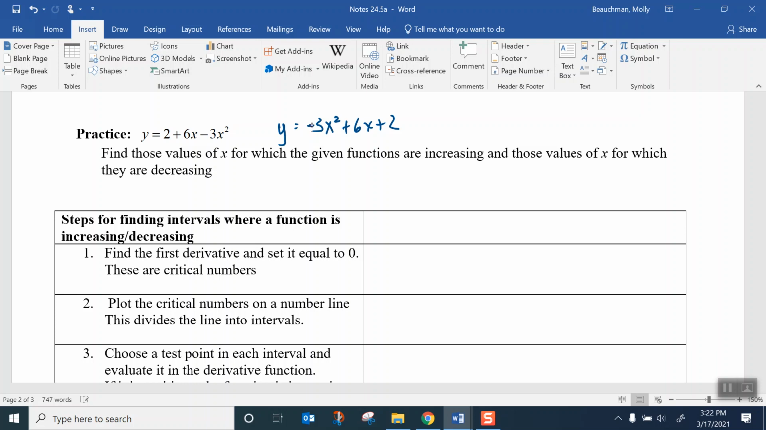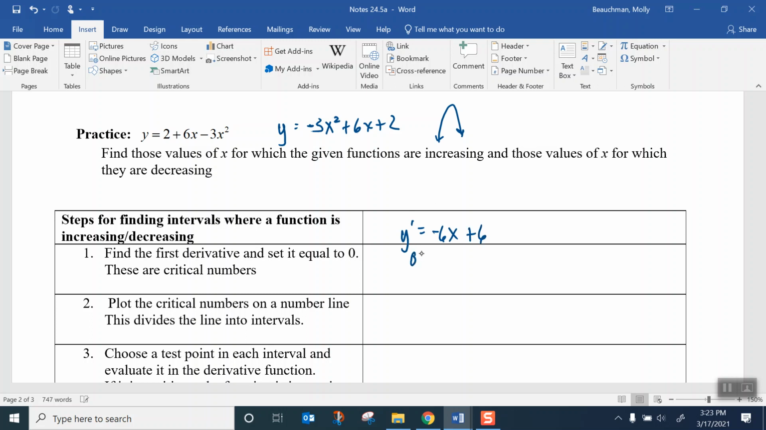Since there's a negative in front of x squared, knowing what you know about functions, we know it's going to do something like this. We're going to get an increasing, then decreasing, and it's going to have a maximum. So the steps: find the first derivative and set it equal to 0. So the first derivative, y prime,